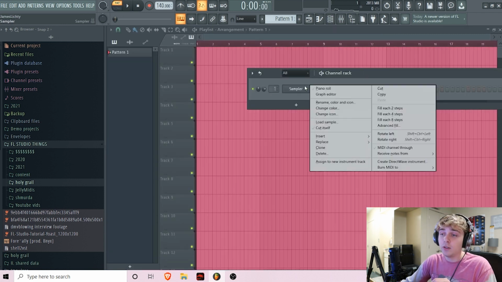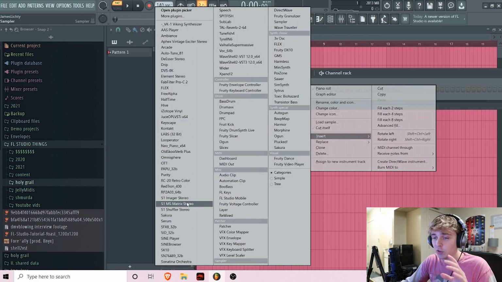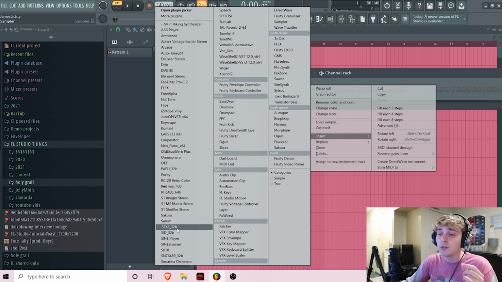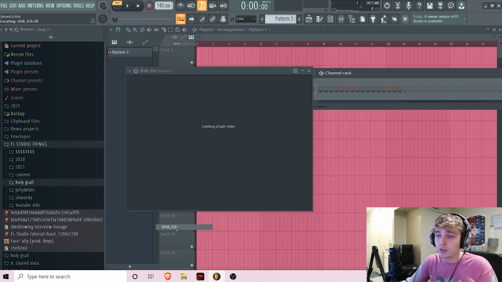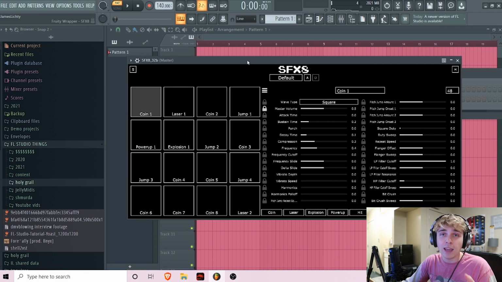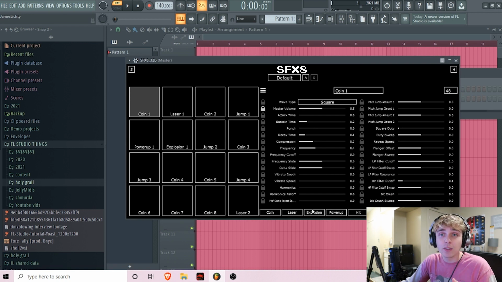Okay, so this next one, it's not really used for melodies, but if you make kits or drum kits or anything like that, this one might be useful to you. You might hate it, but I just wanted to bring this up because it's kind of a unique plugin, and it's basically for sound effects. So if you are making drum kits and you have an effects section of your kit, you can go ahead